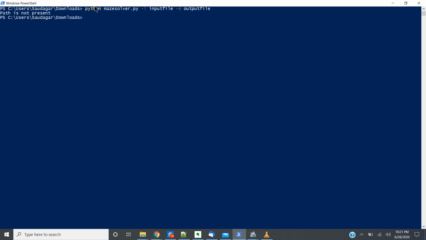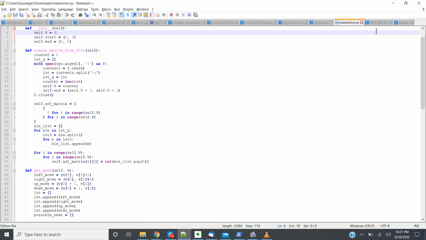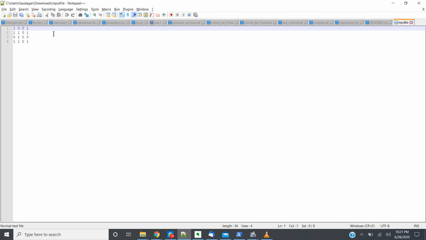When I enter this path, it gives the message path is not present. Then let's check the input file. Why is the path not present? Because in the fourth row and third column it gives 0. That's why the output is path is not present and -1.